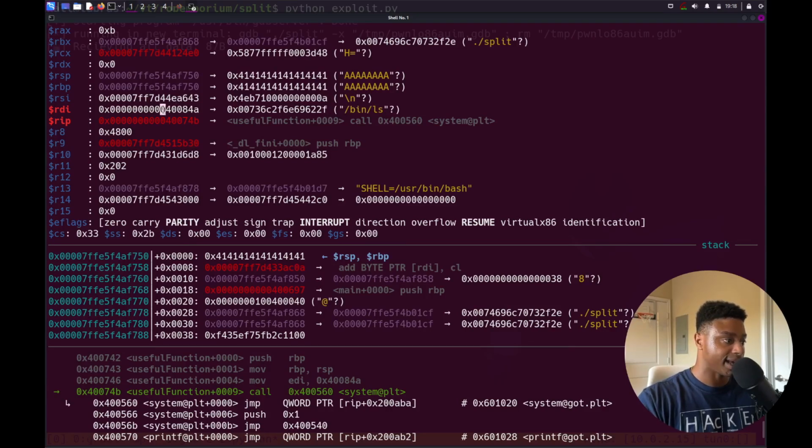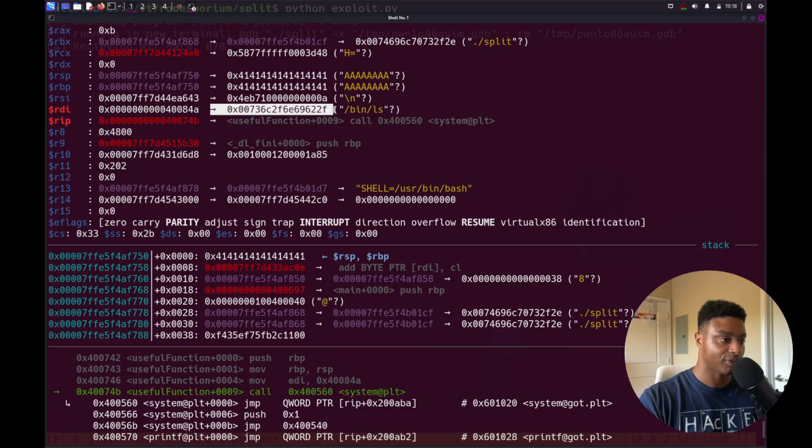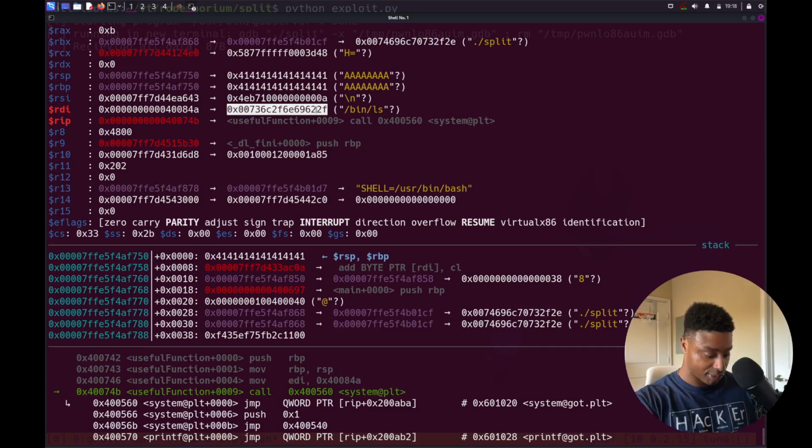So we see this is an address because it's a character pointer, right? And a pointer is just a memory address. We can see the arrow showing that it's being dereferenced, and this is bin ls. And if you're not sure, this is the actual hex representation of these characters. This isn't really necessary, but we could grab this